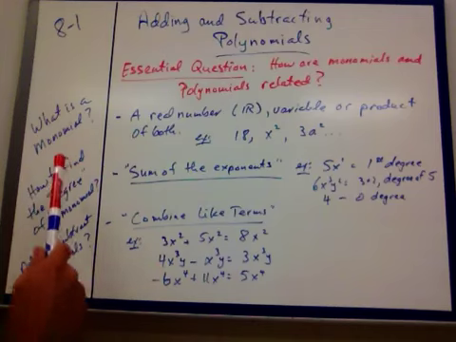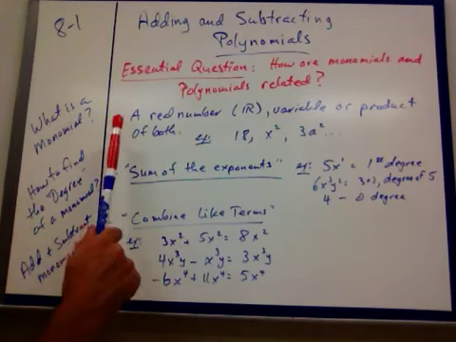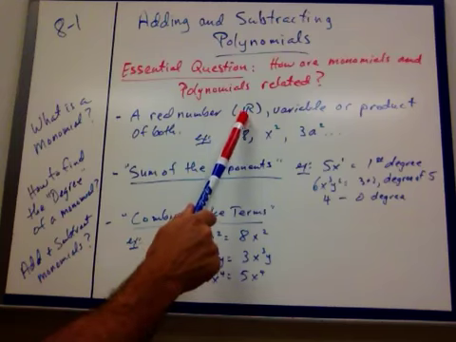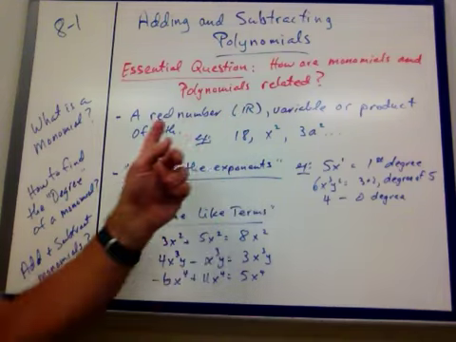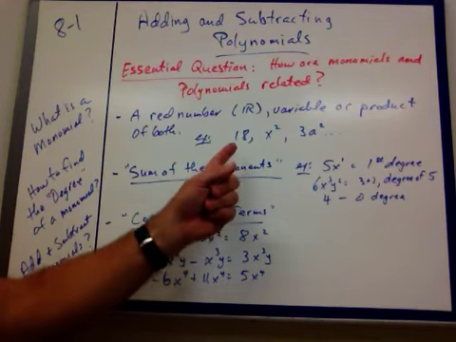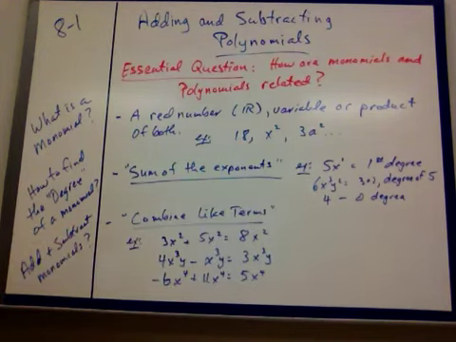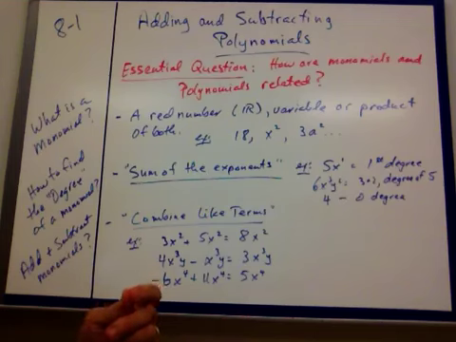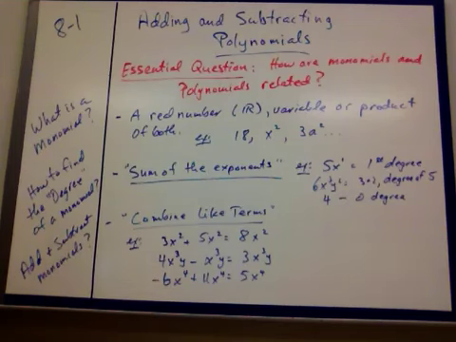Okay, well, let's start out defining some things here. What is a monomial? It's a real number. Remember that double bar R means real number. Or it's a variable, or it's a product of both. Right? For example, 18, x squared, 3a squared. Anything that's joined through multiplication, one single term, that's a monomial. Okay? As soon as you start to add or subtract something else, then it becomes a different polynomial, and I'll